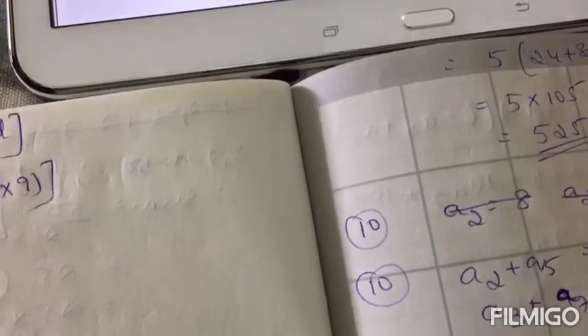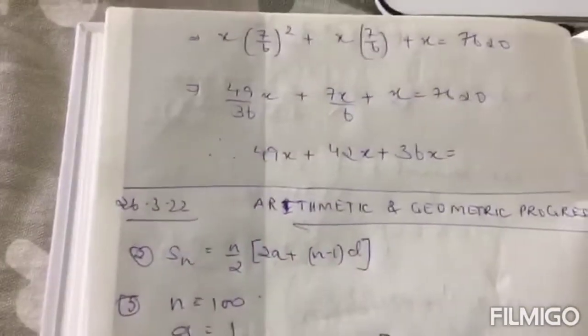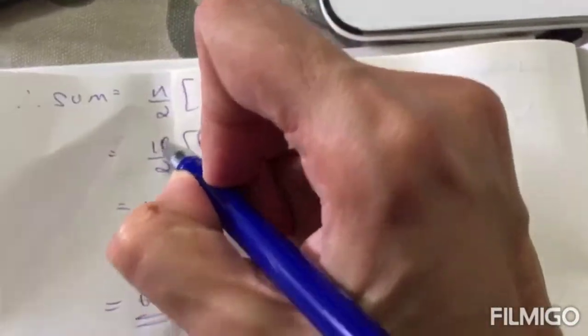Yes, it will be 690. Oh, sorry. N is 10, not 11. So then your answer will change here. It is basically